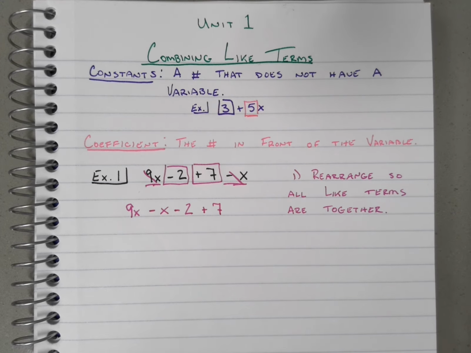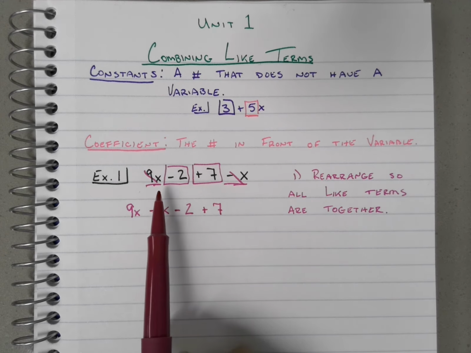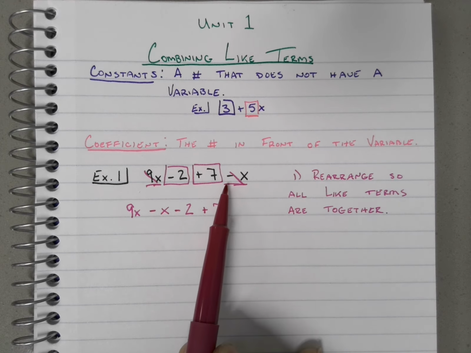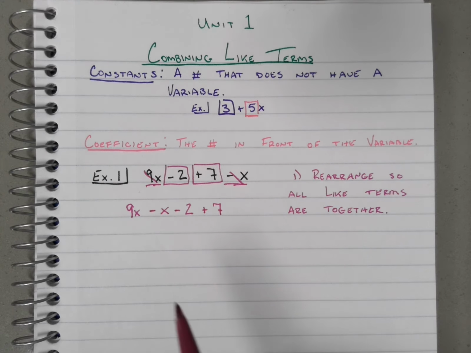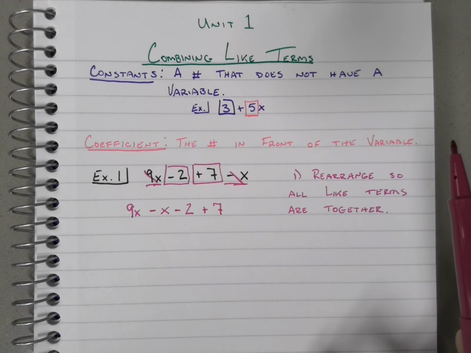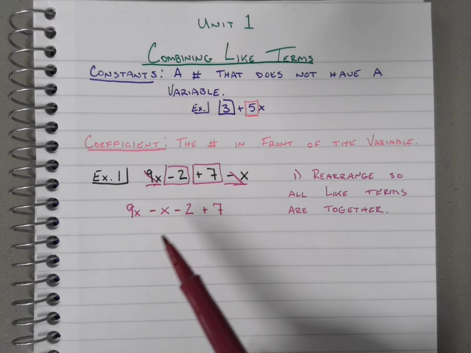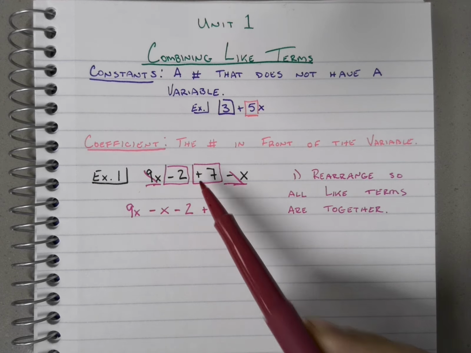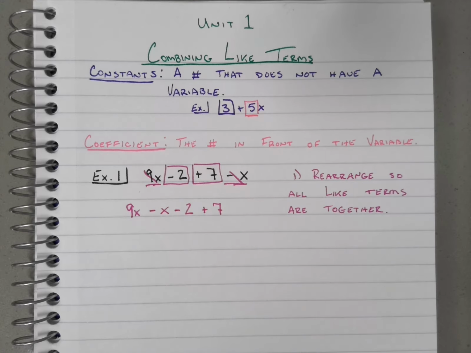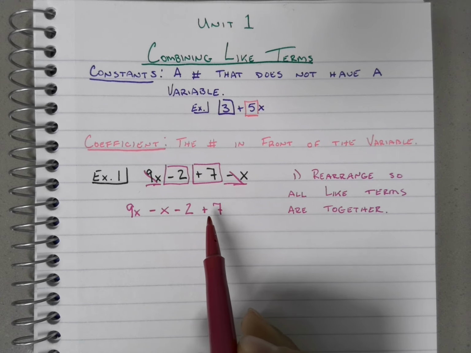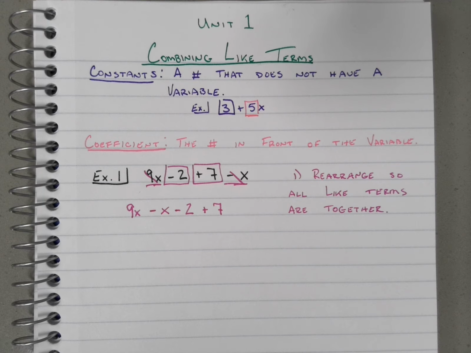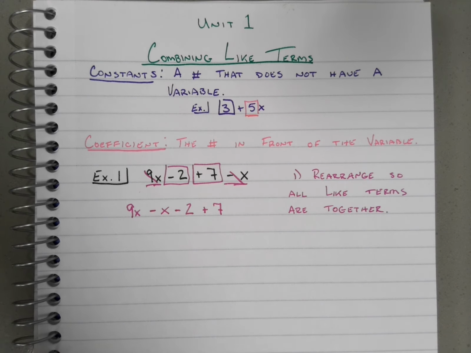Notice I'm saying positive and negative instead of plus and minus. These signs in front of these numbers, yes, they're operations. They're also positive and negative signs. Okay, a subtraction and a negative sign are the same. A plus and an addition sign are the same. I'm sorry, a positive and an addition sign are the same. This helps you rearrange these, and you don't worry about, oh, is this a minus or a plus? You already have that taken care of. Okay? So our next step,